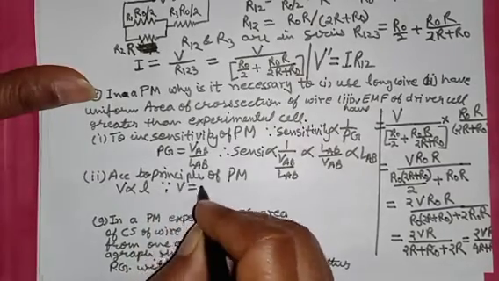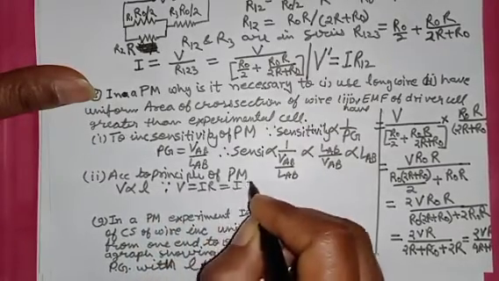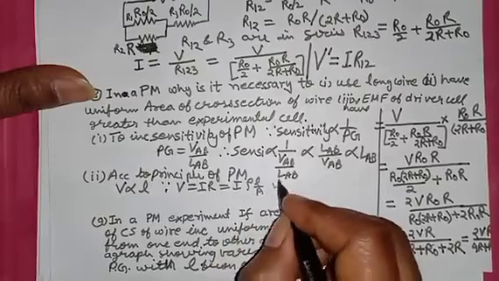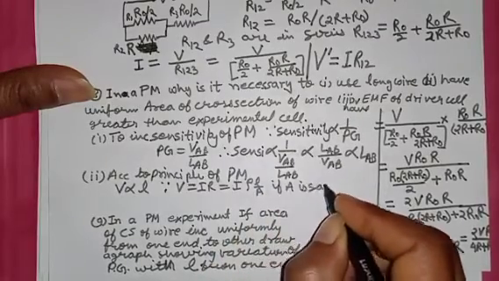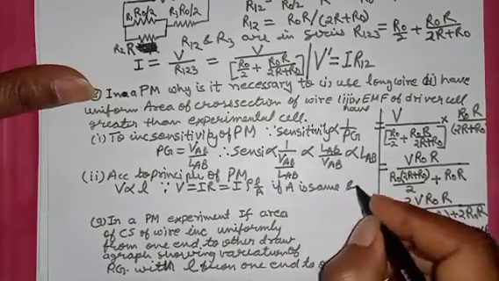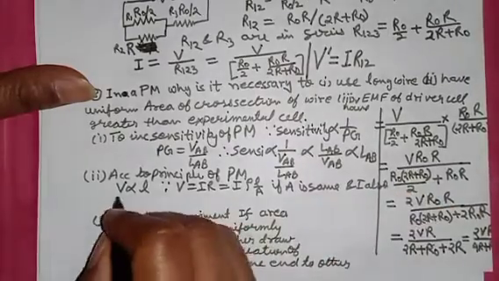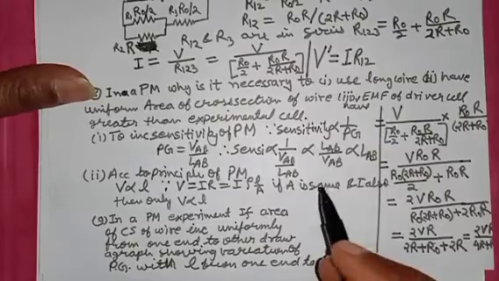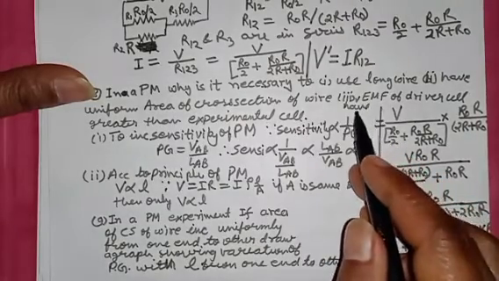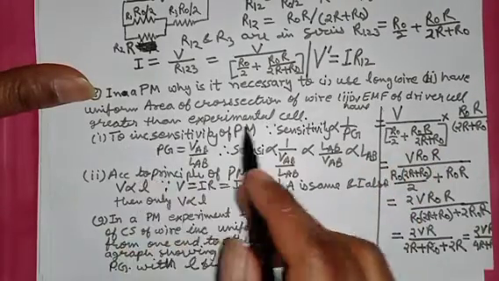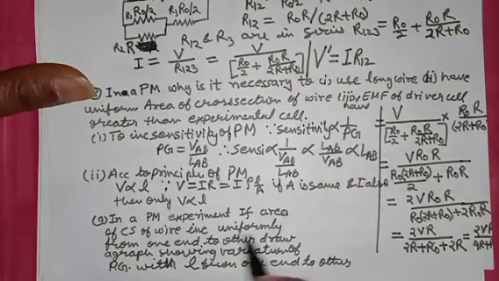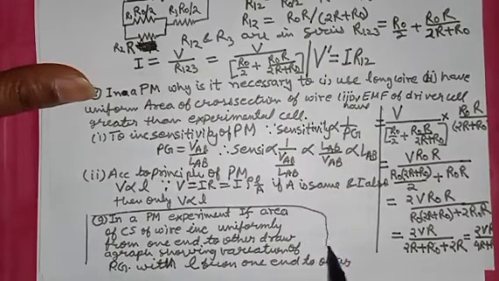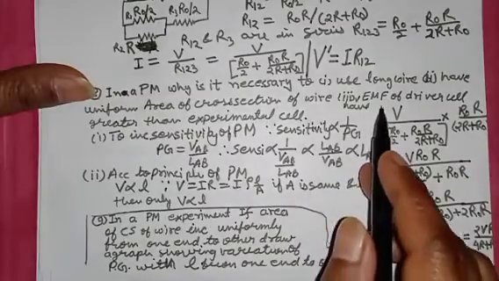Now since V equals IR and R equals rho L upon A, if A is the same and I also, then only V is directly proportional to L. And lastly, EMF of driver cell greater than experimental cell. So there is very less space, and I think I have to drop down this question. So the answer to this is